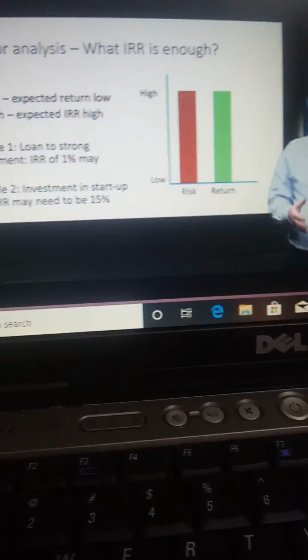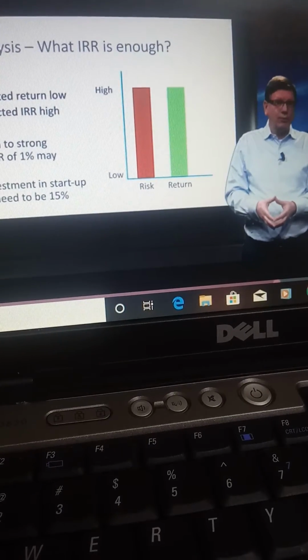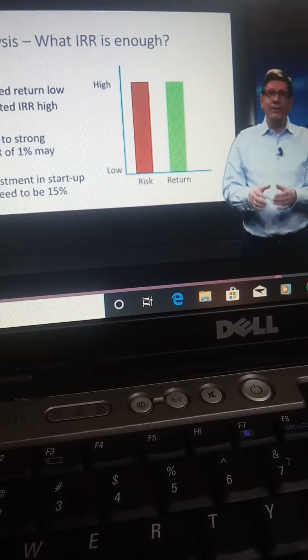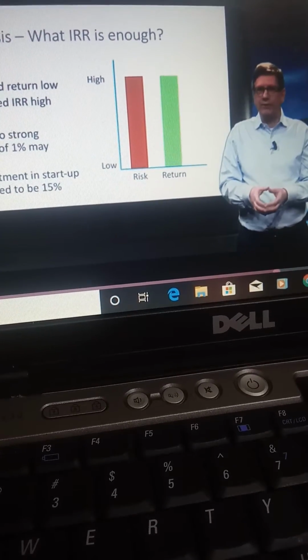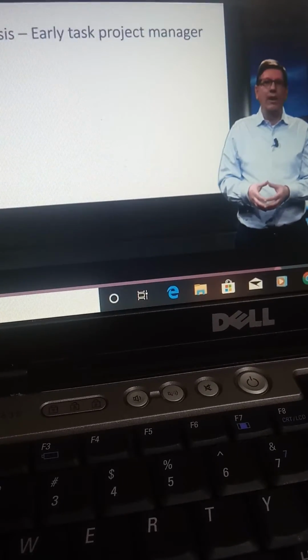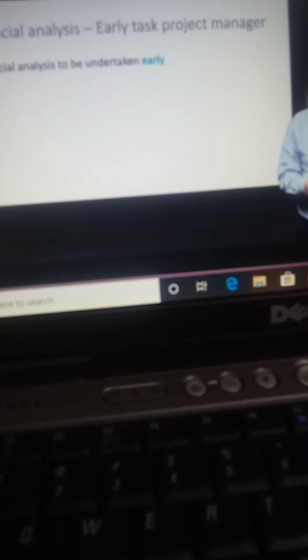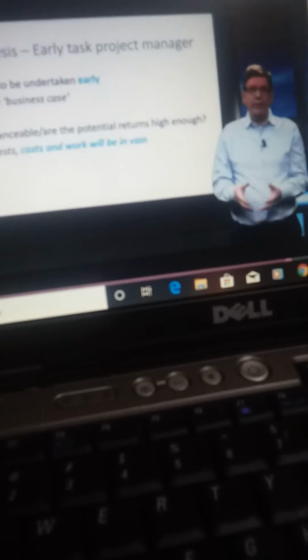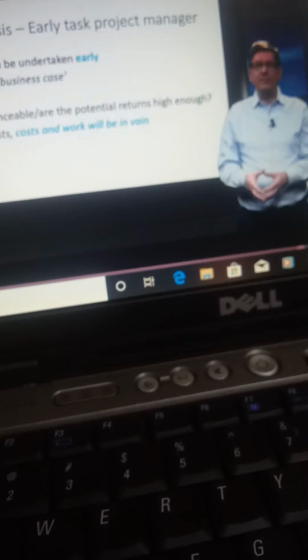When we begin to talk about project risk management, we'll see that there's a lot we can do to reduce the project risks, and that, if we do so, we can reduce the project funding cost on the basis of the same principle. With the knowledge of these criteria, we can appreciate that one of the first things we should do in the early stages of developing a project is to analyze the expected cash flows. In practice, that is often referred to as building the business case. If the potential returns are hopelessly low, we cannot hope to attract project funding from private sector investors, and all the costs and work spent on developing such a project may be in vain.